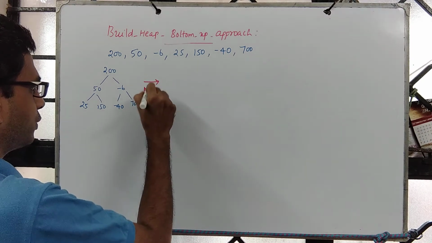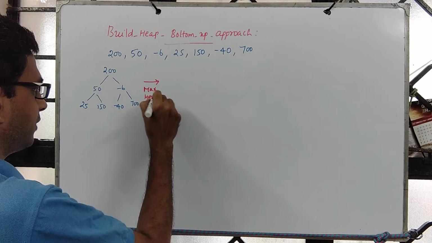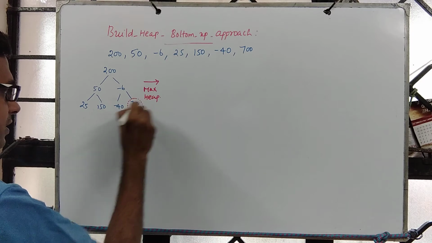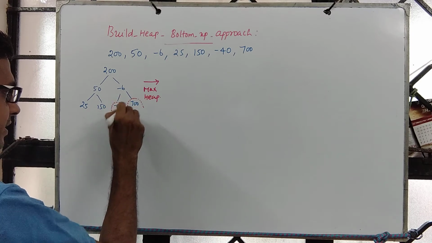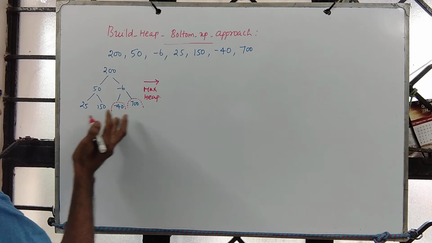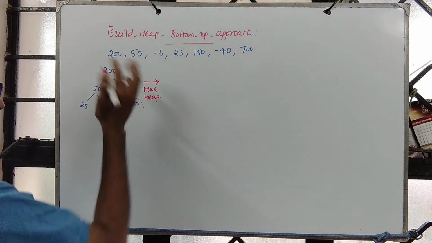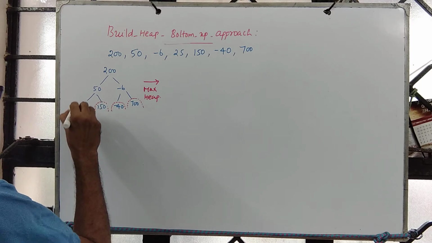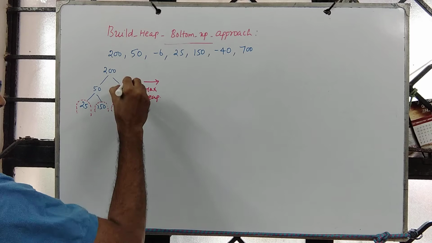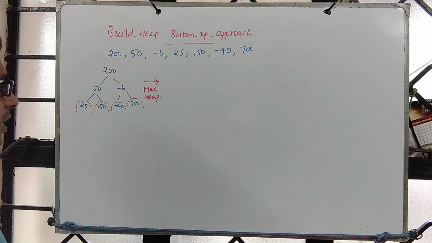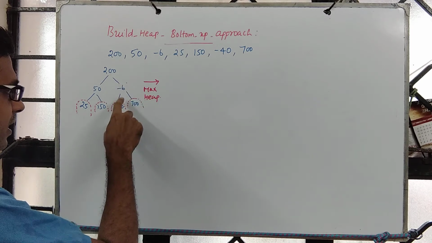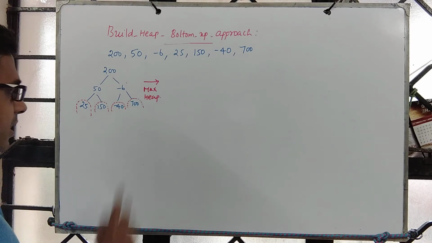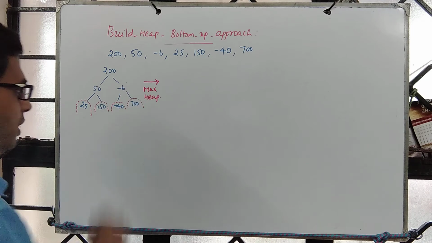So now our approach is to convert this into a max heap. By definition, this one is a max heap, this one is a max heap. Please note that we always start from the leaf and then like this we go. Then this is a max heap, this one is a max heap. Now we are focusing on this subtree. When we focus on this subtree, we see that its subtrees are max heaps, but this one is not.